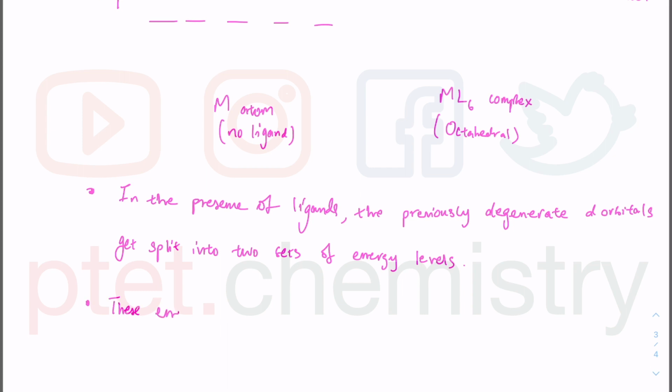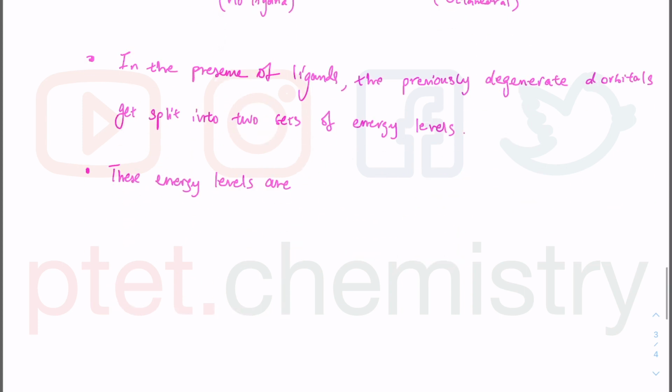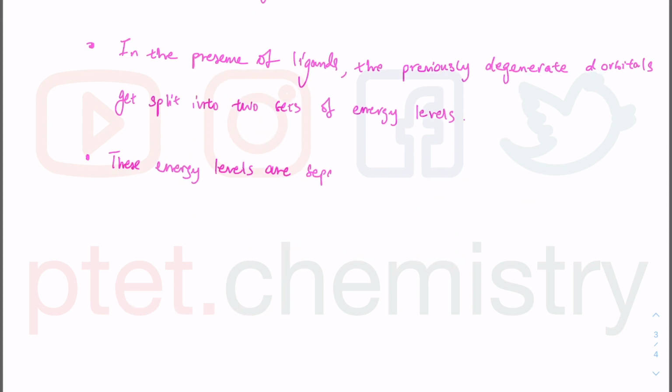These energy levels are separated by the energy gap. Delta E is equal to hf, equal to hc over lambda, absorbed. Okay, so the electrons